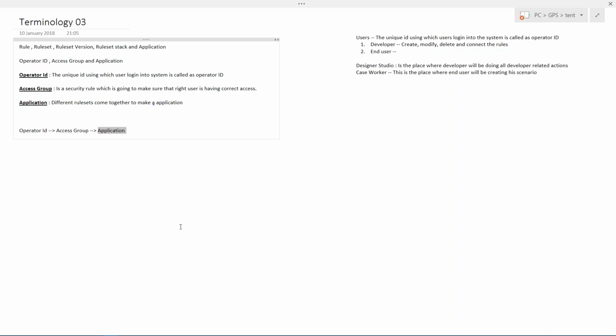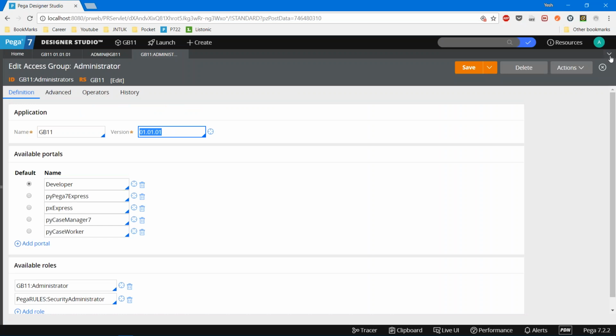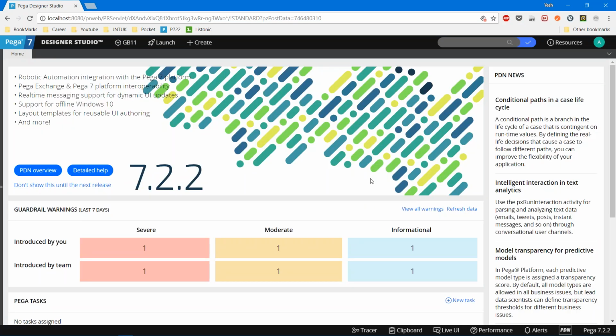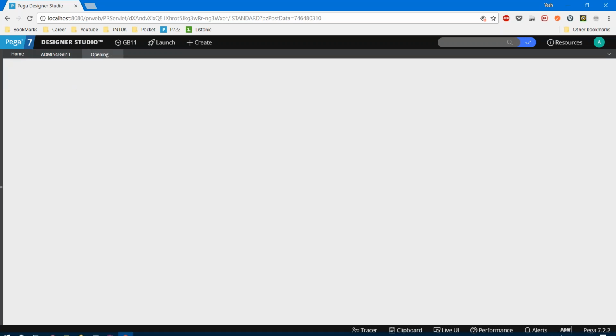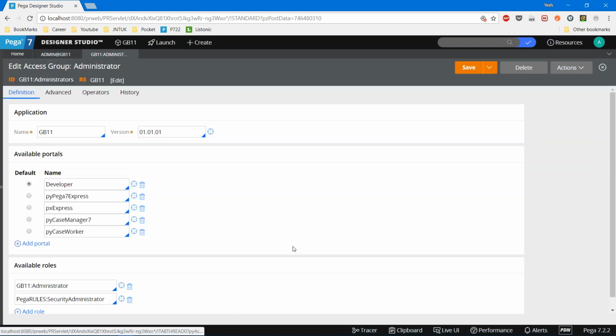Now let's verify that. I'll close all the things. We'll try to see whatever we have discussed. I'll simply open our operator ID first. In the operator ID, see, the access group is there. I'm opening the access group. If you open the access group, the application name is there.